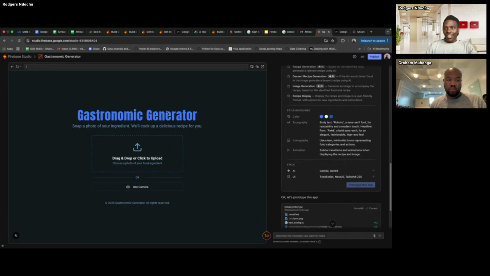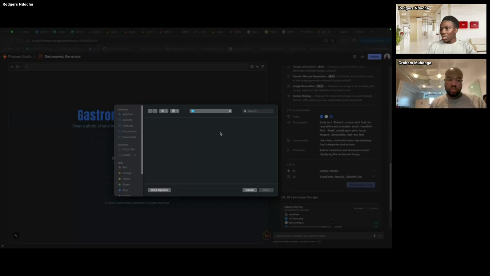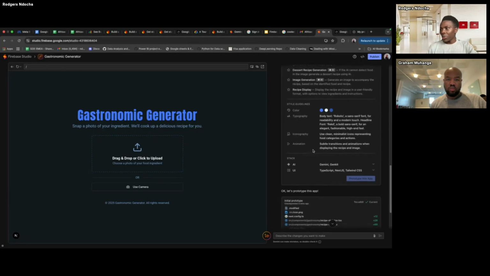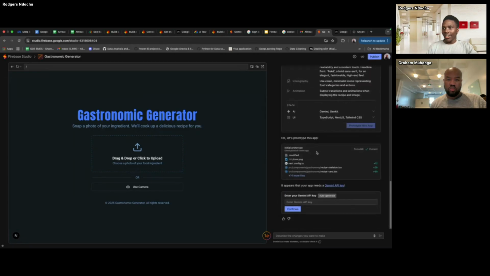Before that, our application might not work because we have not connected the Gemini API key. One good thing about Vibe Studio is that it will detect and tell you, we think this application appears to be using Gemini APIs, or it needs a Gemini API.